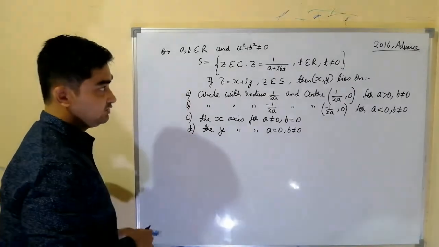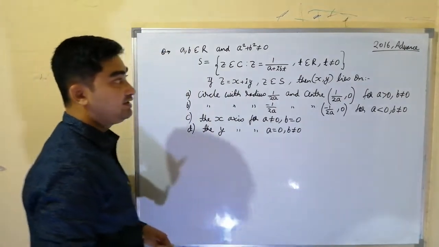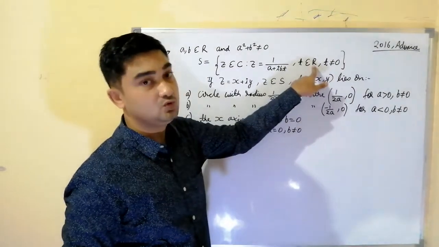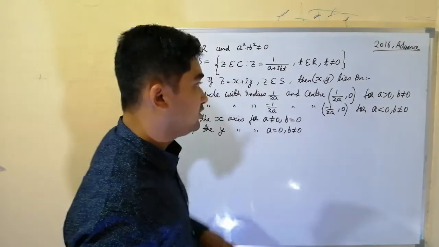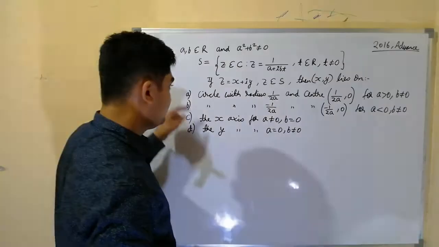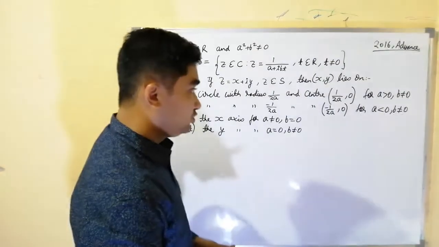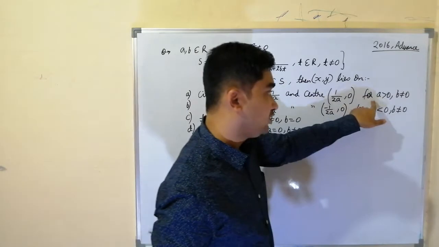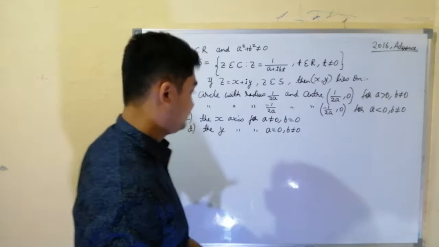A set S is given which contains complex numbers z where z is 1 by a plus iota bt, where t is a parameter, which is not equal to 0 and belongs to the real numbers. All these things are given. Then we have to find the locus of x and y, where z is x plus iota y. One by one we will check the options, which one is correct and which one is not. To do this, certain conditions are given. Option A: for a positive and b not equal to 0. Let us put this condition in the given problem.